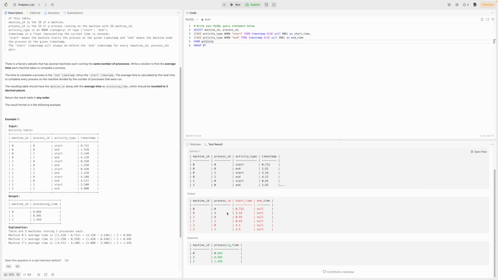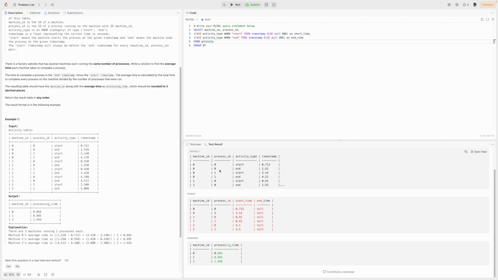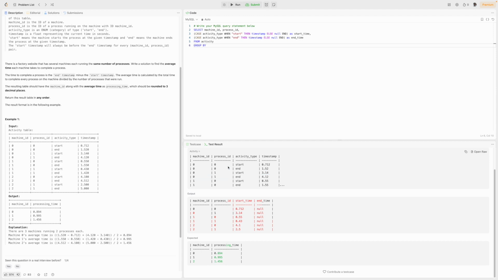That's going to give me the start time for all of them. If I group by process ID, if I group by machine ID, then that's going to get rid of all the processes. If I group by process ID and then machine ID, machine ID and process ID. If I group by machine ID, all of the start and end times are going to be 0. If I group by process ID, machine ID, start time and end time,